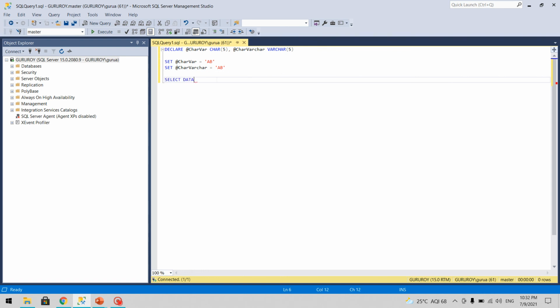To get the exact data length, we'll use data length function, and then we'll pass char var, and then char varchar.